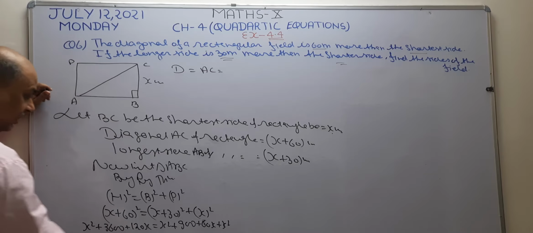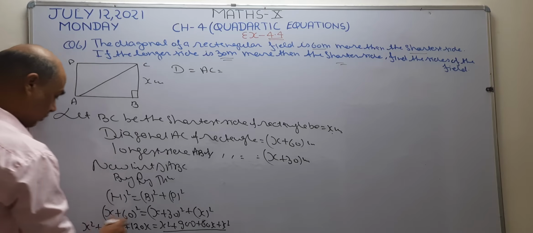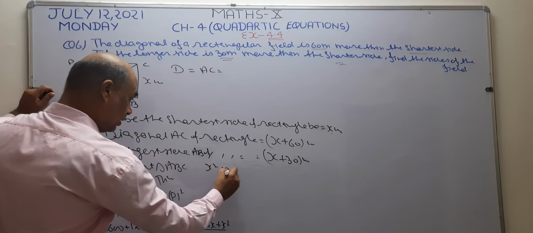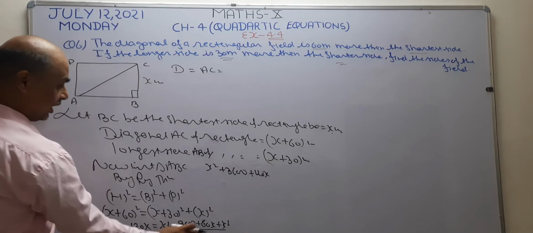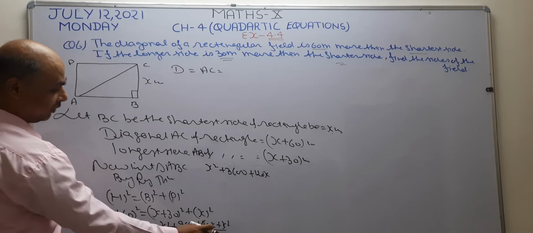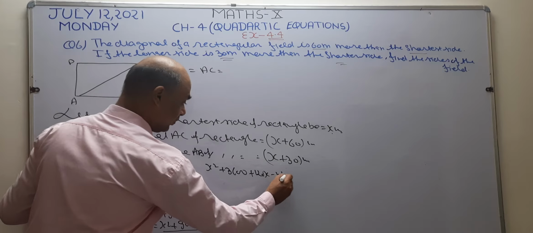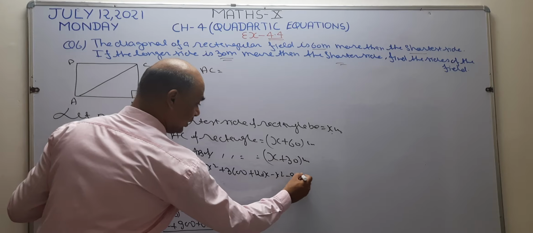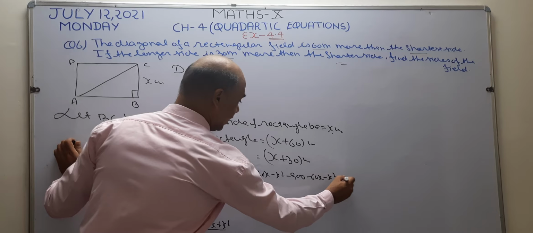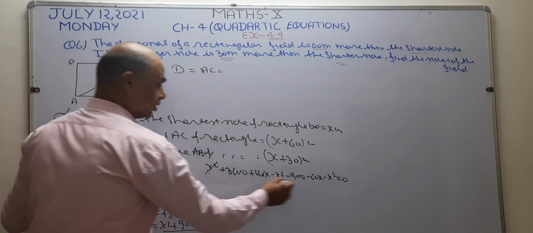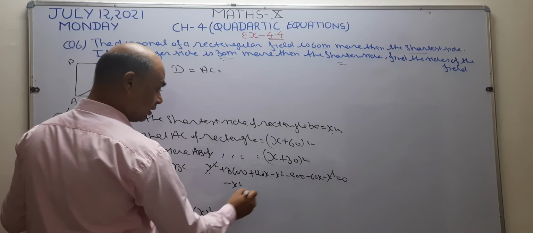Okay. Now I take all these terms from right to left. I am going to write this x square plus 3600 plus 120x. When I take all these terms, we are going to change the side, and the sign must be changed. So this positive x square becomes minus x square, plus 900 becomes minus 900, plus 60x becomes minus 60x, and plus x square becomes minus x square, and equal to what is left? 0 is left. This one is cancelled because one is positive, another is negative. So what is left? Minus x square.